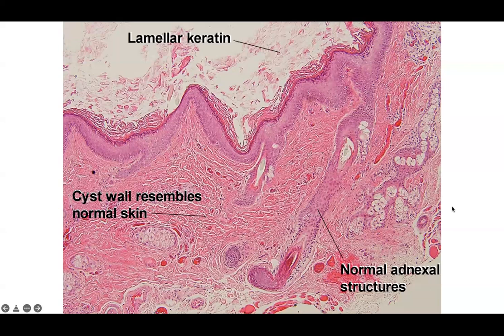Many times I'll get rule out teratoma, rule out dermoid cyst, because clinically they saw there was hair within it. And for me, if I don't see direct connection and I don't see a lot of hair shafts within it, it's hard for me to say that it truly is. But I'll say if clinically it was more of a dermoid cyst, I would say cyst compatible with dermoid cyst, which was the clinical impression. And if the clinician really wants, I can do deepers and really look for the direct connection if it's an important diagnostic